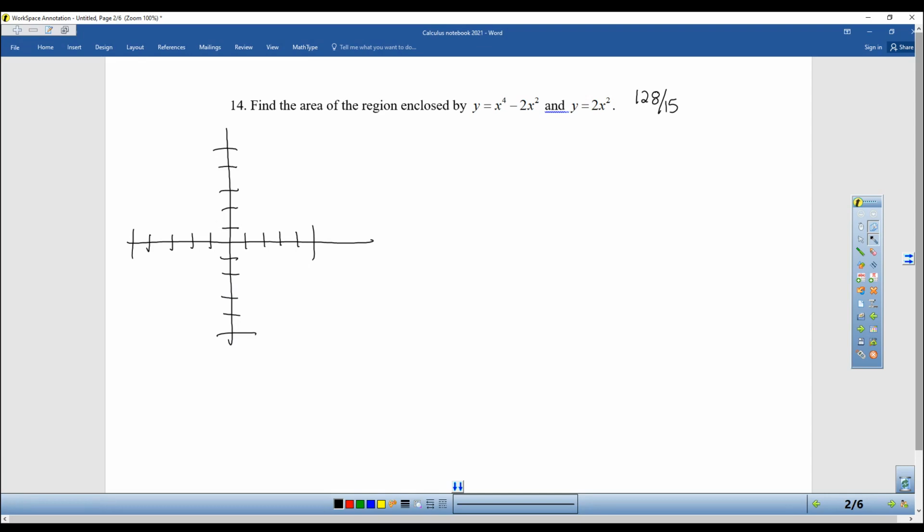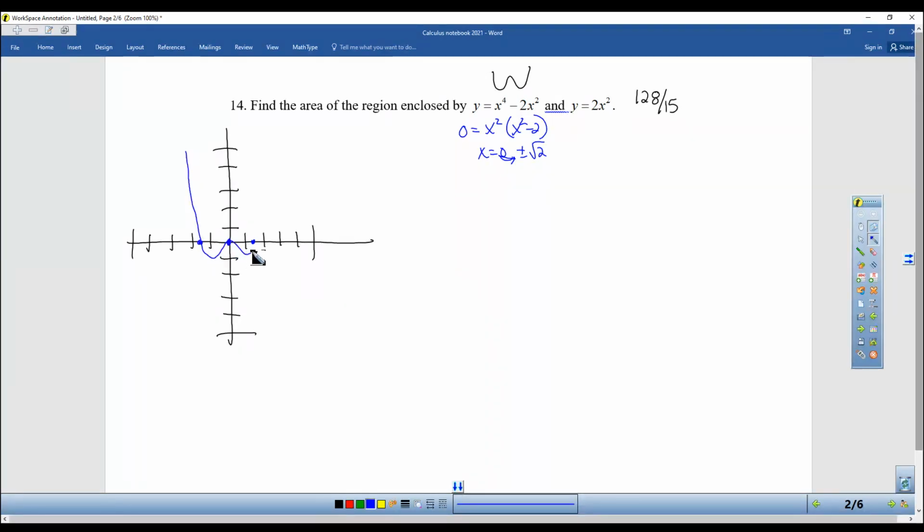I always start with a graph. I know that this is some kind of a quartic function that ends up, and I know that it has x squared as a repeated 0, and then x squared minus 2. So its zeros are at 0, and plus or minus the square root of 2, which is about 1.4. So somewhere right there, and 0. It is an even function,